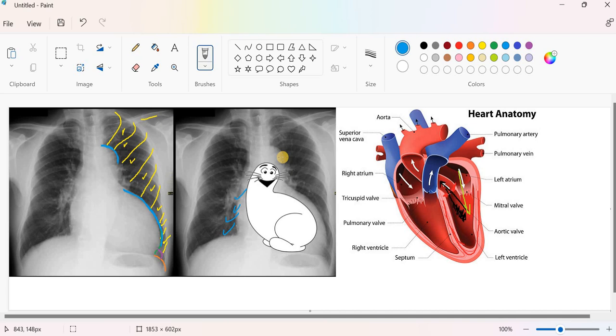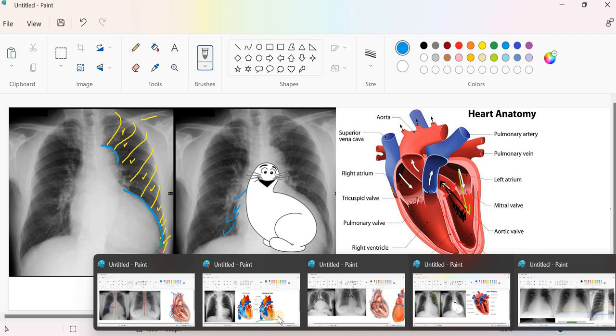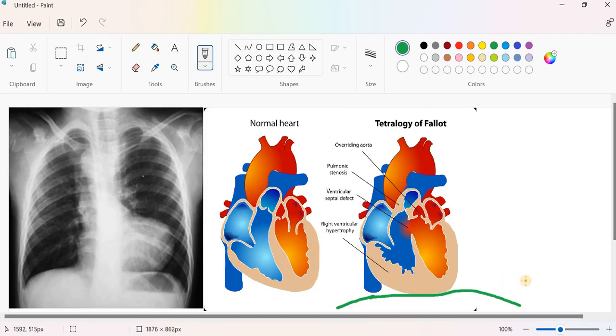The last cardiac enlargement as discrete chambers, I'm talking now, as you see, I started from the right atrium, then the left atrium, then the left ventricle. Now I'm moving to the right ventricle. The right ventricle might be enlarged due to many reasons. It might be due to pressure overload. Pressure overload means the right ventricle again is pushing against a stenotic valve. So pulmonary stenosis, whether congenital, isolated congenital pulmonary stenosis, or even unfortunately due to rheumatic fever, it might cause the right